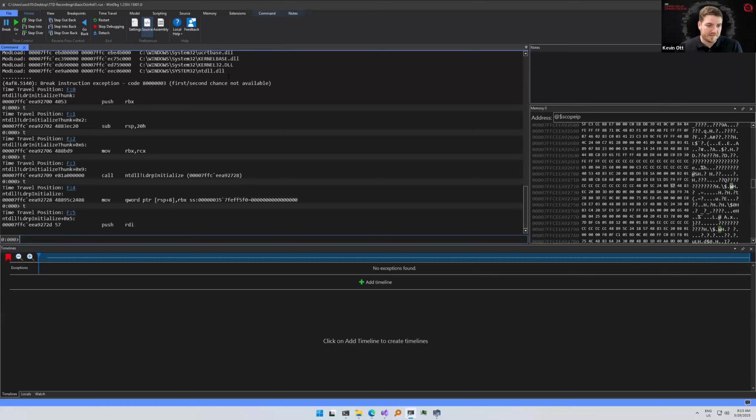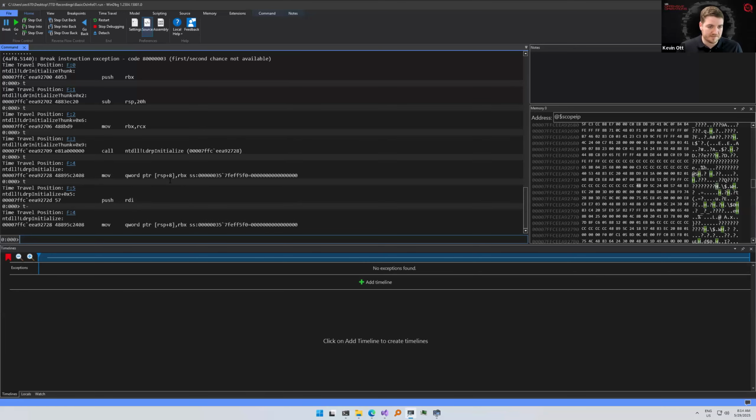So now, in this case, I now stepped into LdrpInitialize. And if I wanted to know what the parameters for this function call are, and I would have stepped a few more times, I wouldn't be able to recover those arguments because they might have already been tampered with or modified by the flow of execution. With time travel debugging, we can now revert the instructions that we just stepped